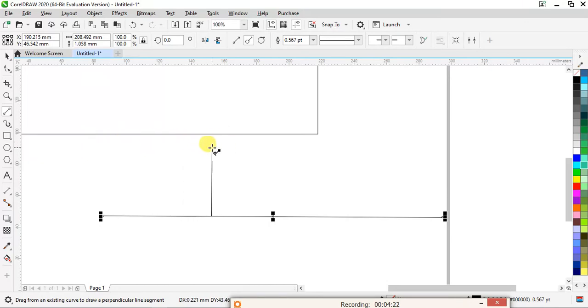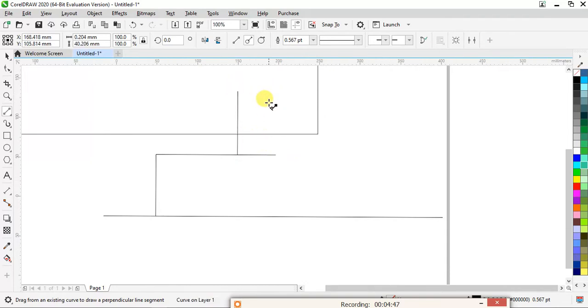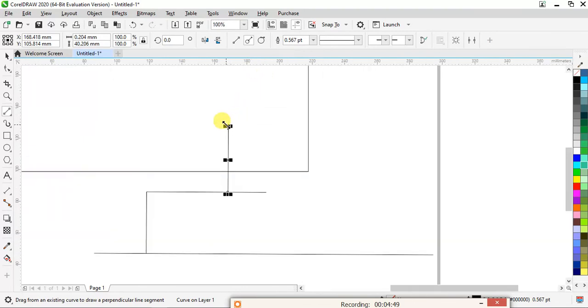So what does it do? Now you can understand what is the perpendicular 2-point line. It will perpendicularly draw my line. Again I am clicking on this node and I can again draw one line and perpendicularly I can move that line. Okay, so this is how you can draw. And again you can use Shift also. Again I am doing this and again I am going up. Likewise you can easily draw your staircase type effect.